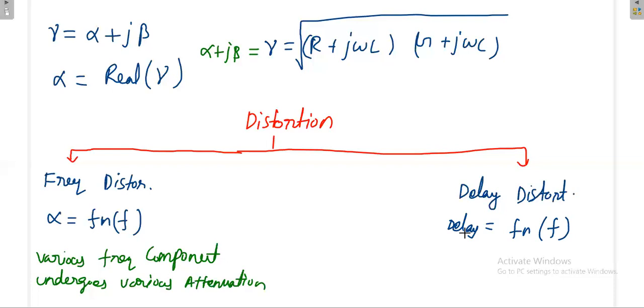என்னது? டிலே. But when you have a signal, the signal consists of many frequencies. எல்லா frequency ஒரே நேரத்தில் தான் ஸ்டார்ட் பண்ணுது. All the frequencies are starting at the same time, but different frequencies reach the receiver at different times. Then that means the delay undergone by each frequency component is different. Okay, so delay is a function of frequency.